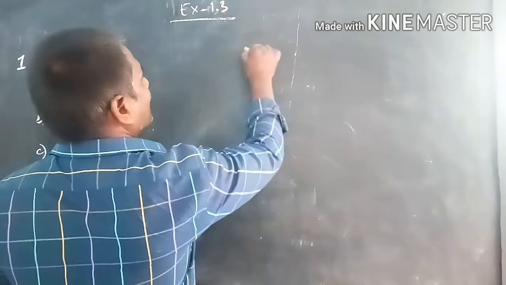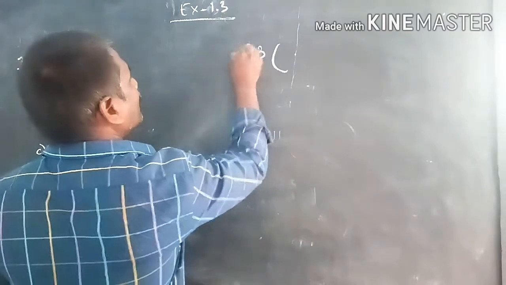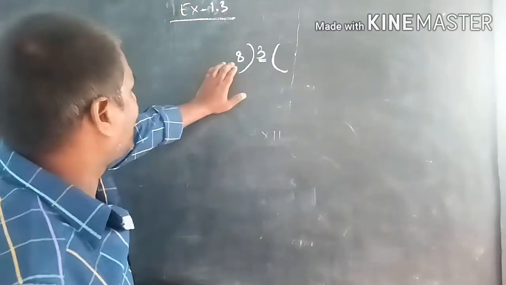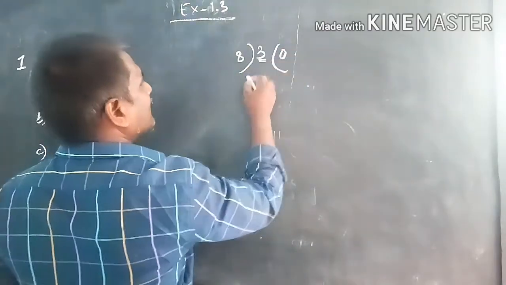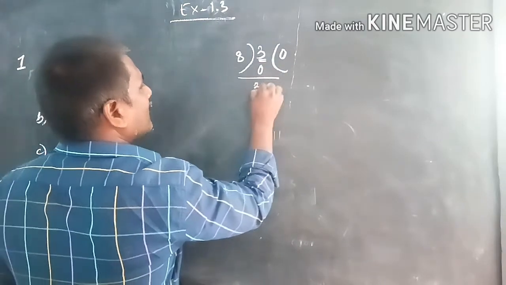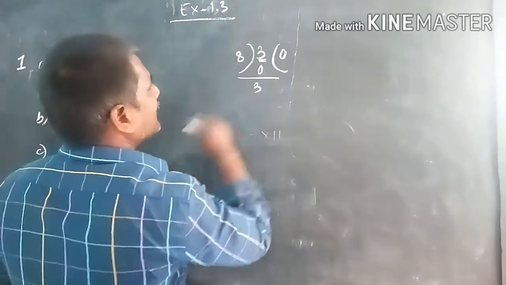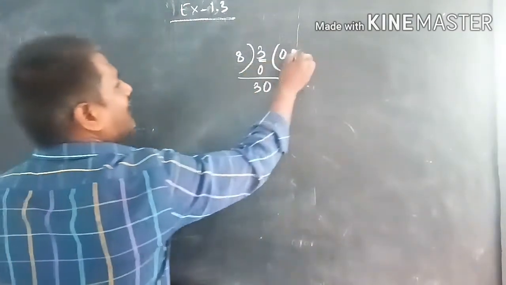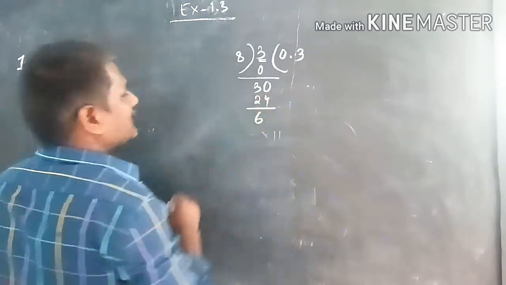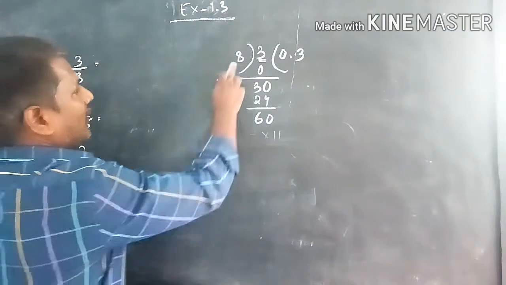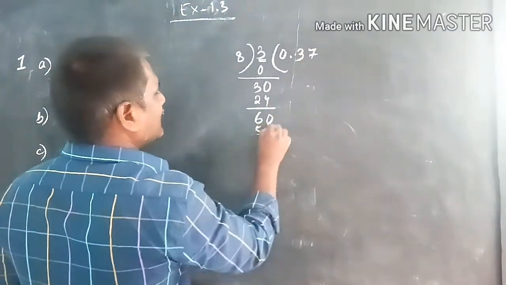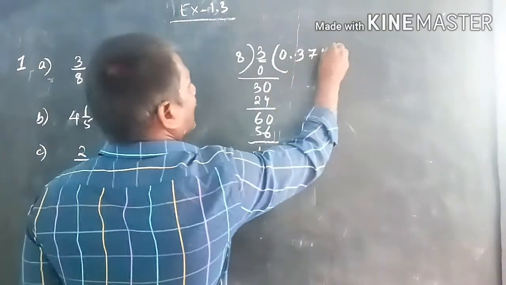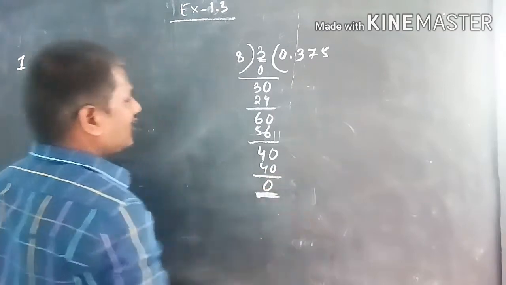Let us see. Now we have to divide, as you know how to divide. Now 3 is dividend and 8 is divisor. 8 cannot be divisible by 3. Now you have to take 0. The remainder is 3. Now you have to take the decimal point. After taking decimal point, you have to bring down 1 zero. Now 8 3s are 24. The remainder is 6. Again you have to bring down a zero, and 8 7s are 56. The remainder is 4. Again you have to bring down one more zero. Now 8 5s are 40. The remainder is 0. The division is over.